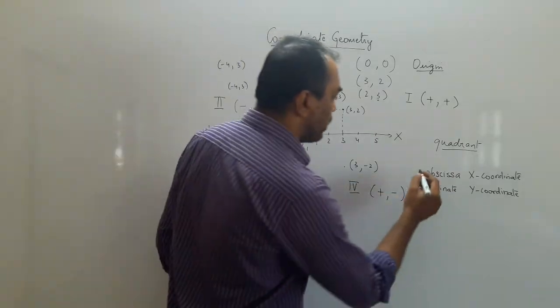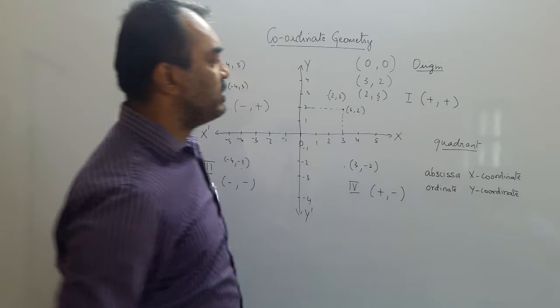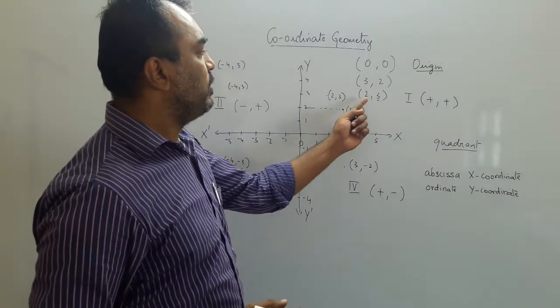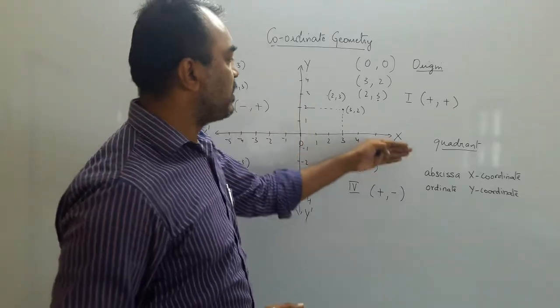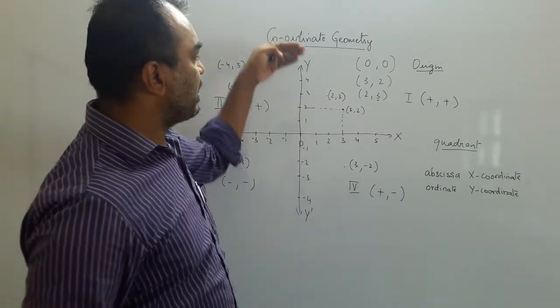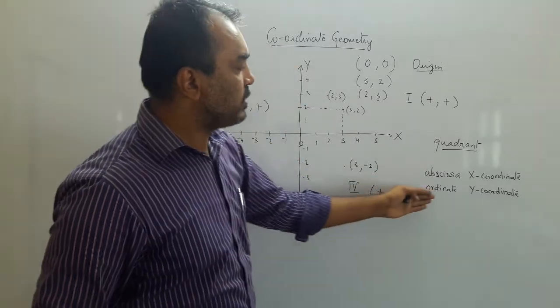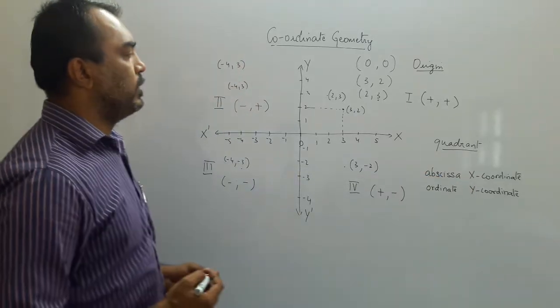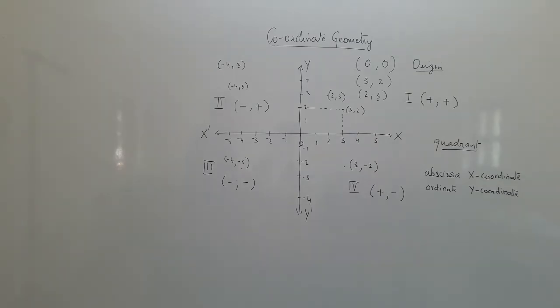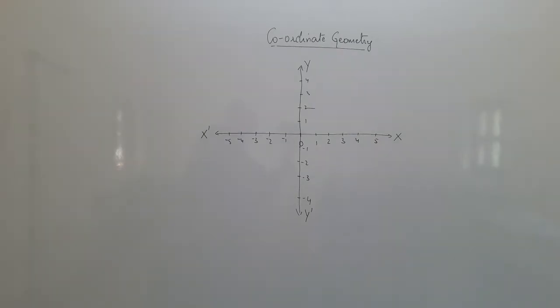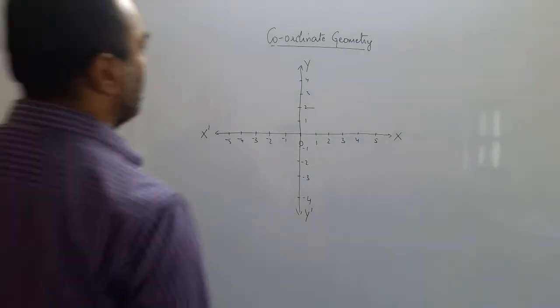So always there are 2 coordinates in a two-dimensional plane. The first number tells you to the right or to the left. It's called the abscissa or the x coordinate. And the second tells you top or the bottom. That is ordinate, that is the y coordinate. Okay? So now I will write down the 4 quadrants with their names.